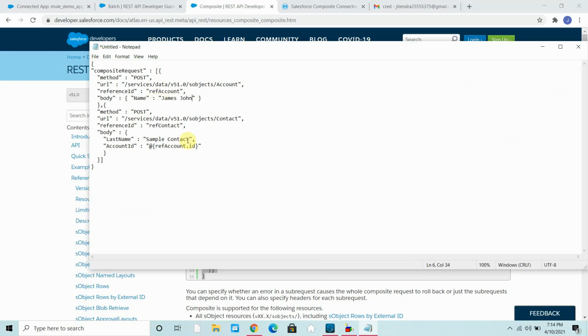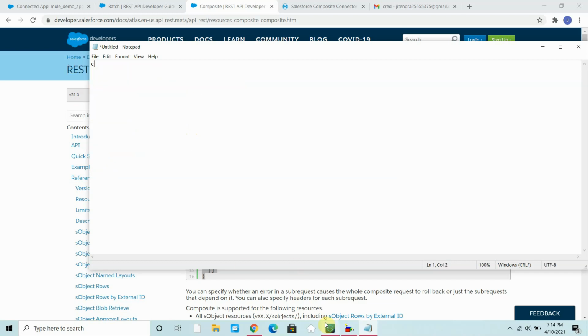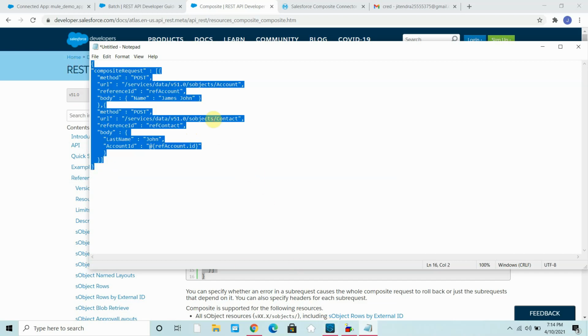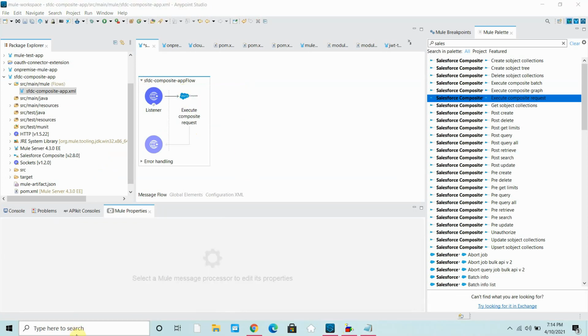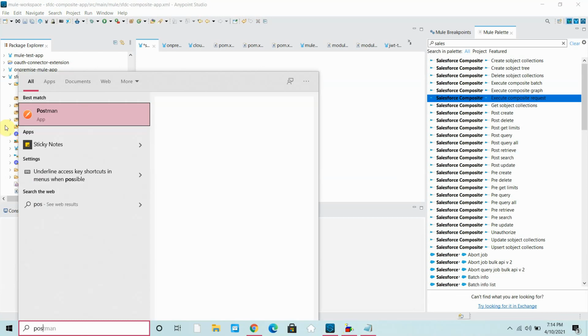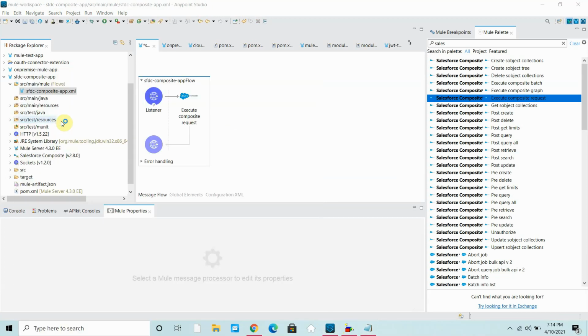Then in the contact, I can say the last name is John. Let me copy this and pass it as a transform message. Or even, you don't require a transform message; we will use Postman and pass this body directly as input to the HTTP listener.